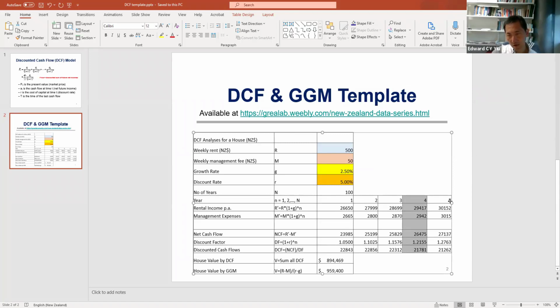And then there are 100 columns which I do not show. Then summing up this DCF row, it is equivalent to $894,469. So in other words, if we assume that the market price of this house is equivalent to the sum of all its future discounted net income, then this house's market price is estimated to be about $900,000. You can try it. It's available at this